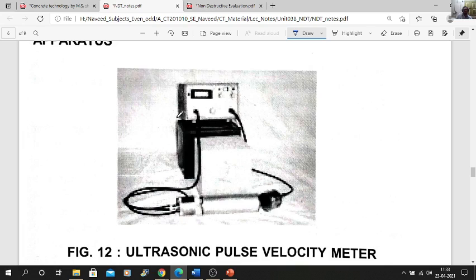So you can see here there is a digital indicator of the velocity of the pulse. It is electrically operated or maybe battery operated, and there are two probes. You can see the probes, or the transducers.